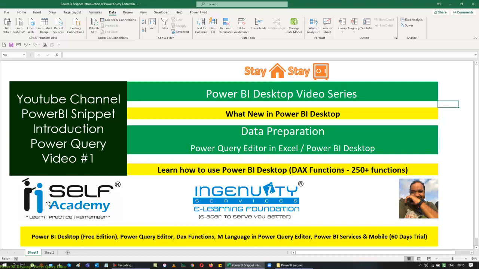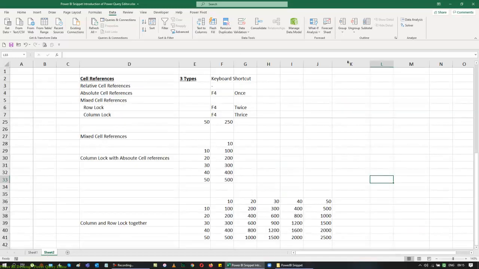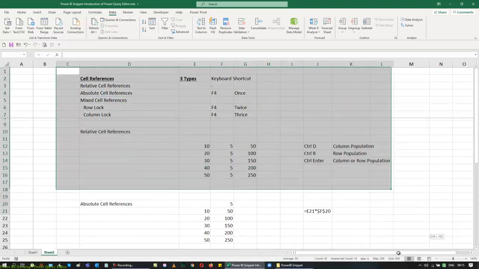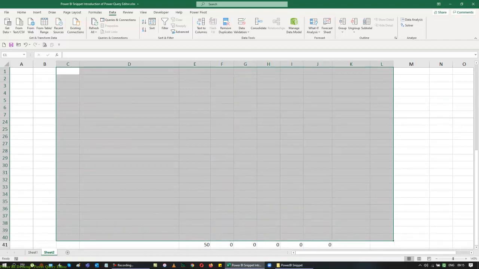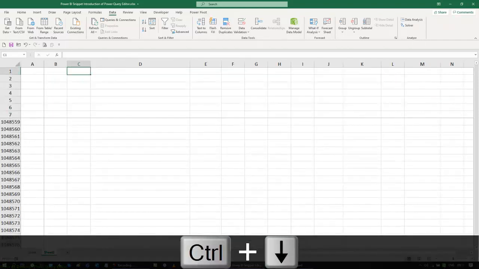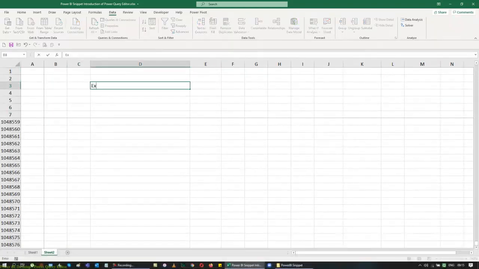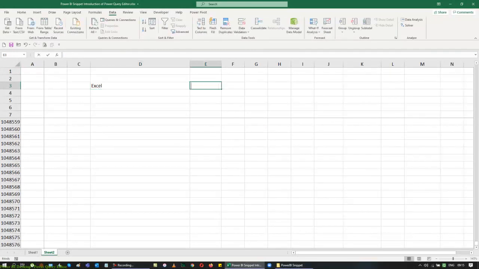For example, if I go down to this list, the logic behind our data is very simple. If you are using Excel data, the maximum rows that you can add is 1,048,576 and 16,384 columns. So this is the number of rows and columns you can add